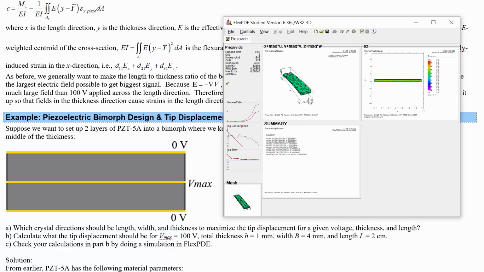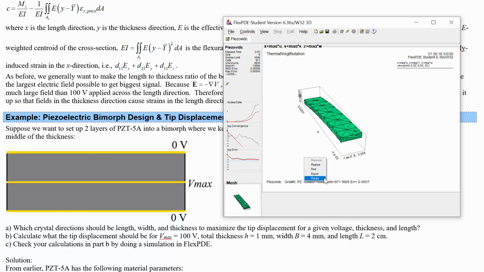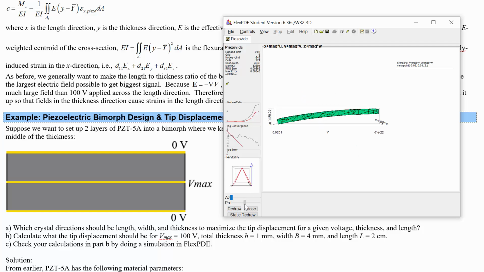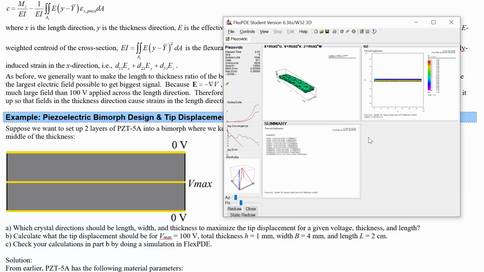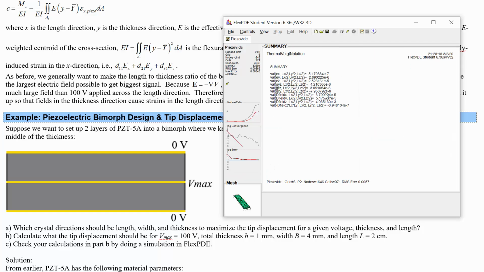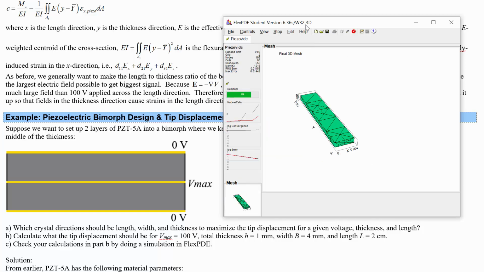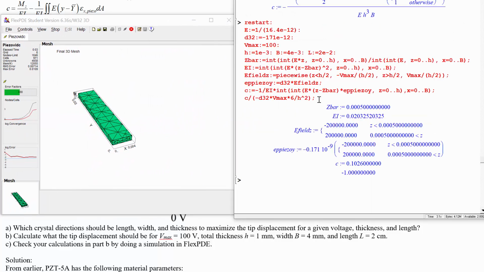Yeah, okay, great. So there's the beam, there's the curving of that beam. We can try to rotate it and see what's going on. Got some piezoelectric bimorph stuff happening. To be able to compare this with Maple, we're going to need to figure out the tip displacement here and figure out that tip displacement in Maple and compare them. So since the beam is bending in Z, we're going to report val of W at the end, which is going to be Lx over 2, the middle of the end, let's say, Ly, and Lz over 2, because we stacked it this time from 0 to Lz. And the tip displacement we get there, we can compare with